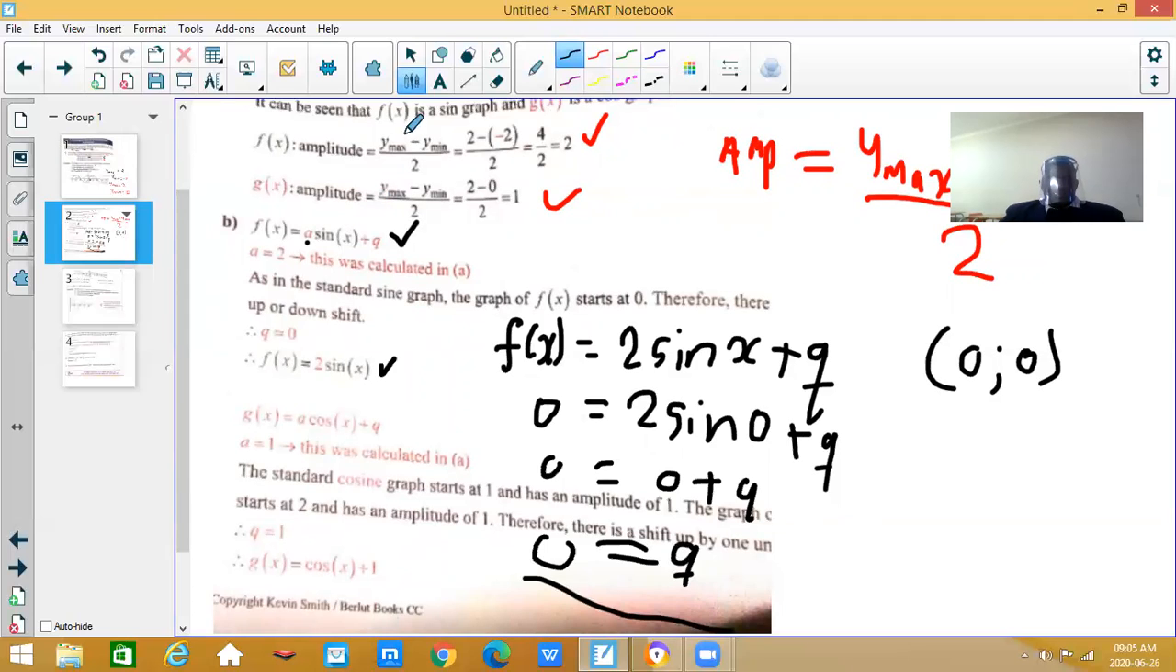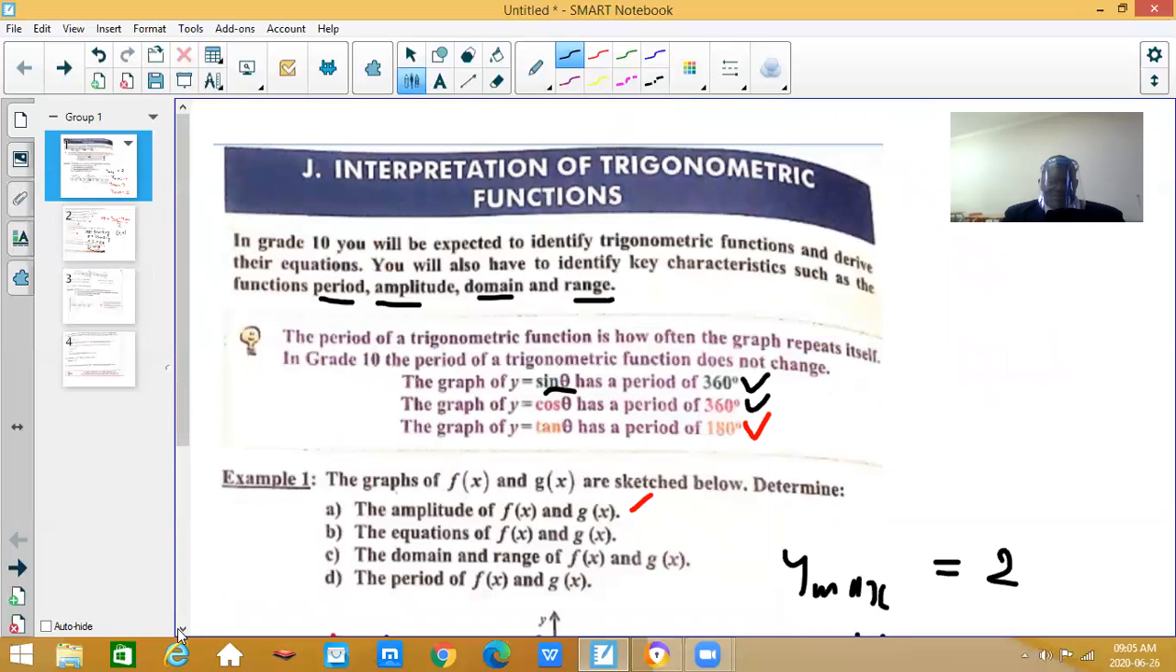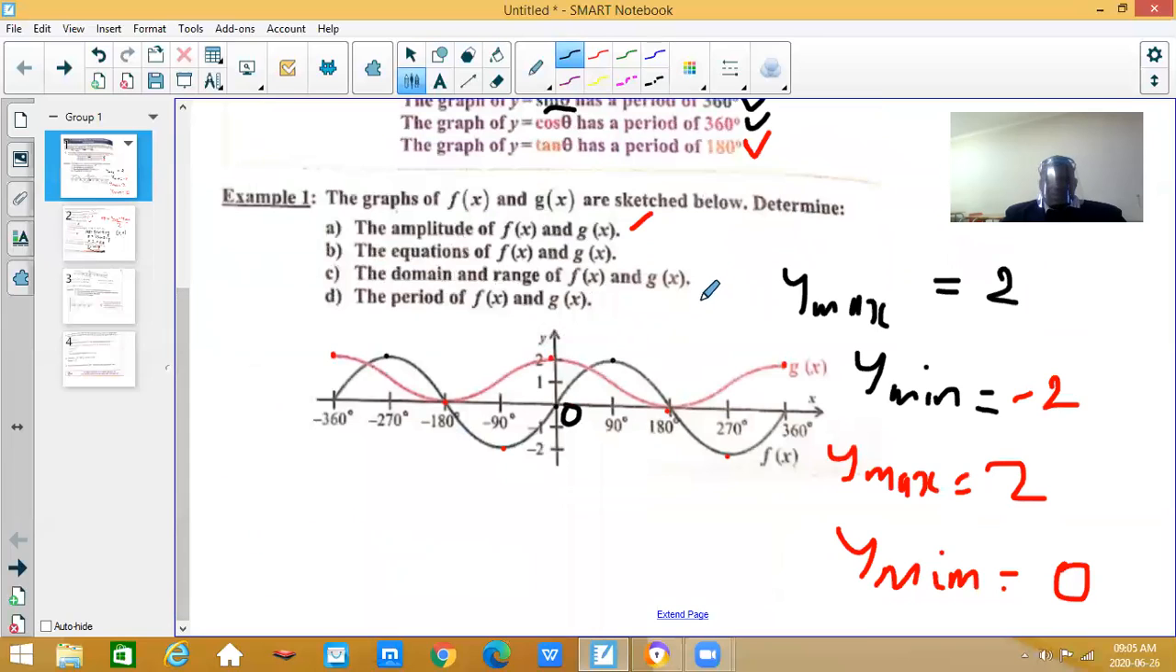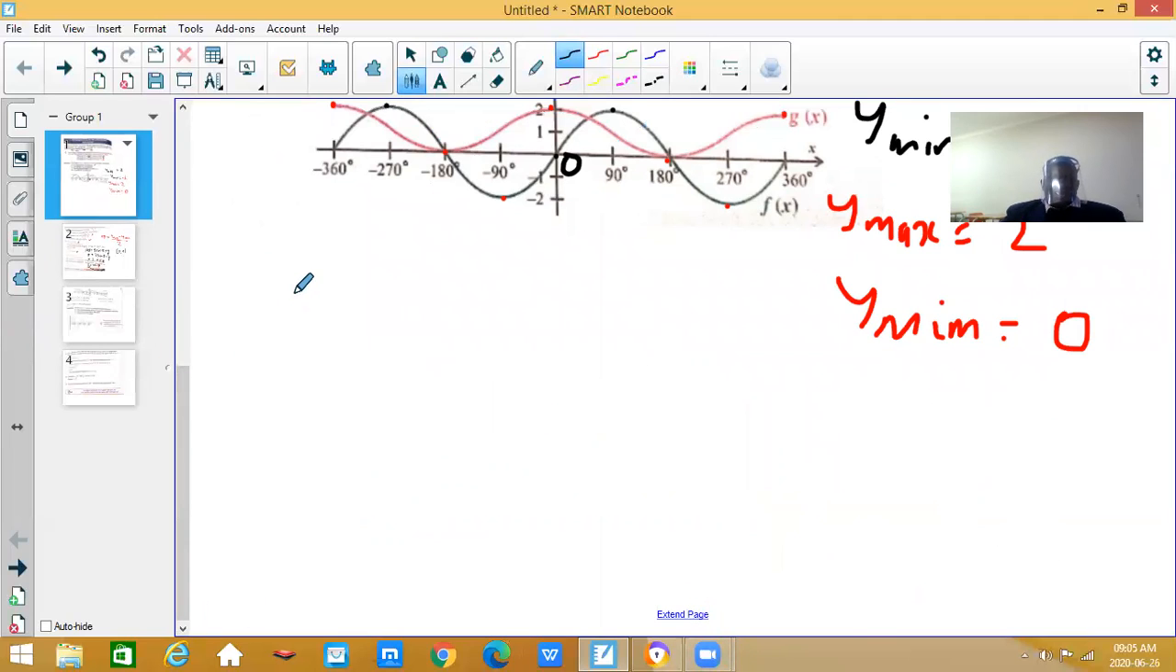Now let us go on to cosine, or on to g(x). If we go on to g(x), this is the graph that we have. Now, first of all, for g(x), we got the amplitude. The amplitude that we had there, g(x)